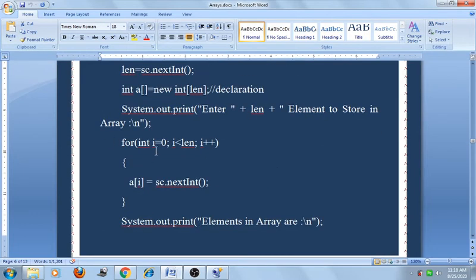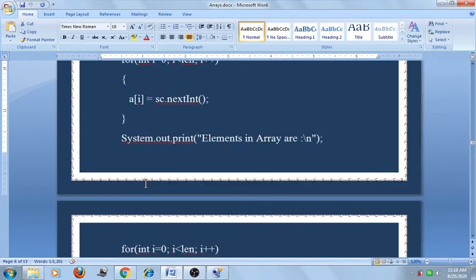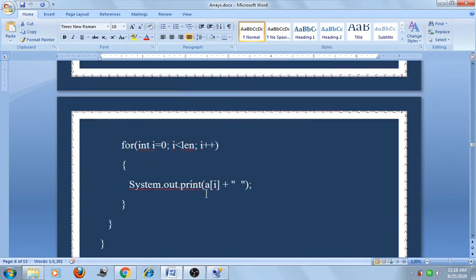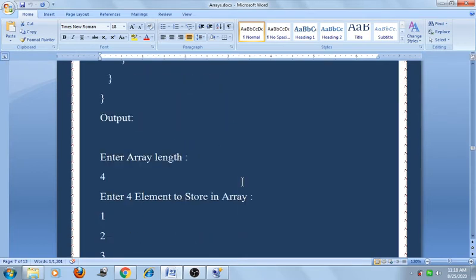Now with the help of the for loop we take the elements one by one: a of i equal to sc.nextInt. Through this method we can assign the elements one by one to a of i. Now we print those elements with the help of the for loop, System.out.println a of i, here plus, and we add a blank space.